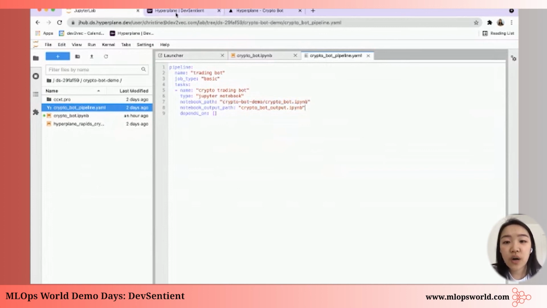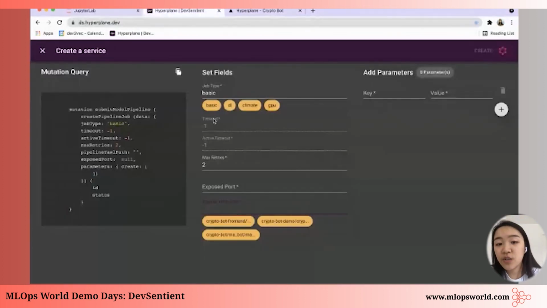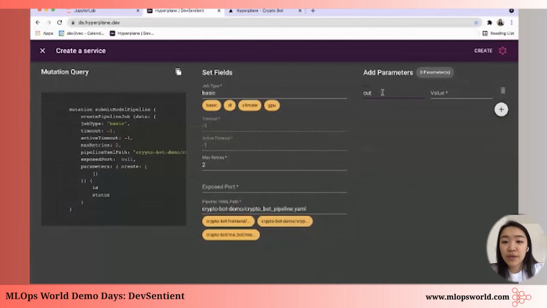Then we go to our dashboard and, similar to the actual jobs, we just create a new service. You'll see here that the timeout is already set to -1. That's the main difference when you want to run a never-ending job as a service. You go to the services page and you get a -1 timeout. And then, as before, you can specify your pipeline YAML path and put some parameters.